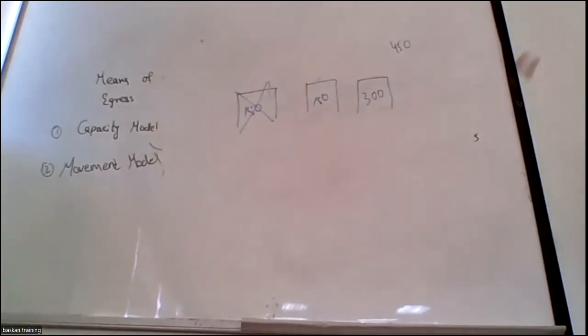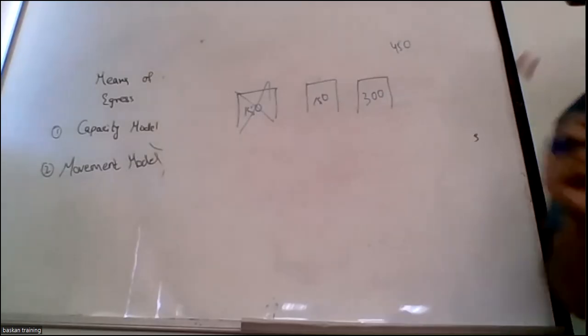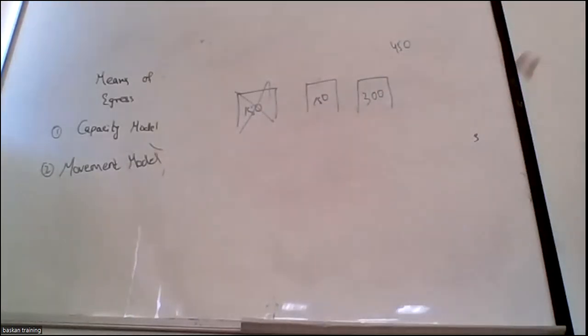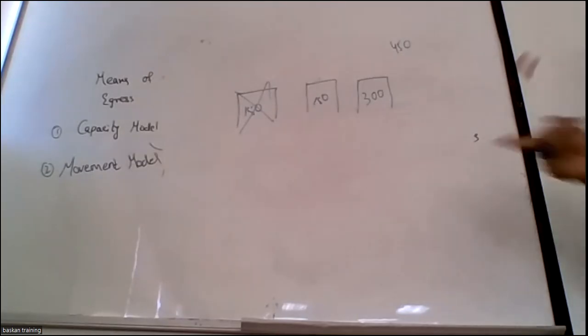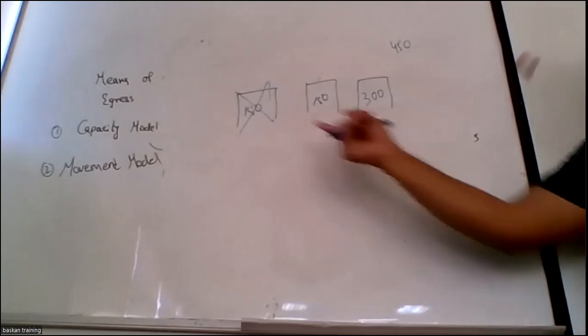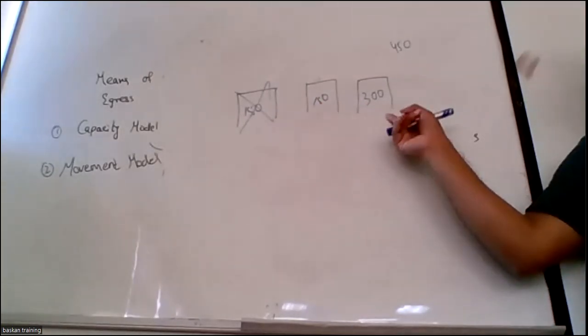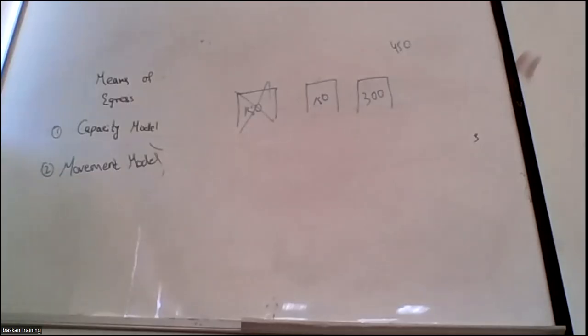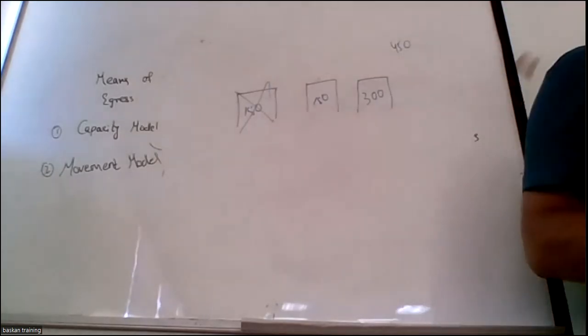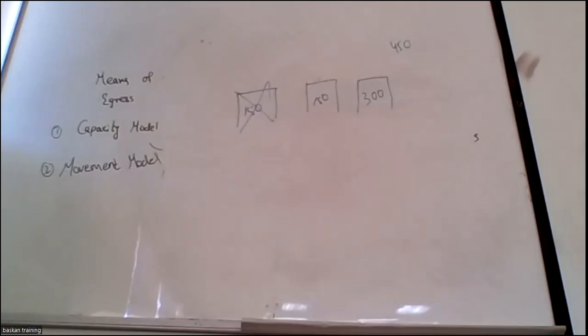This is again as per the NFPA. In NFPA 101, Chapter 7, Means of Egress, you will find only that one door should always have the capability of maintaining more than the occupant load of the other doors. It's only defined there, but the explanation is this: if one door is blocked, the other door should always have the capability to move out people. So here we are not discussing any calculations. This is the movement model. We want to move people towards different doors where we have double load so that we can evacuate people accordingly. This is the movement model of the means of egress design.